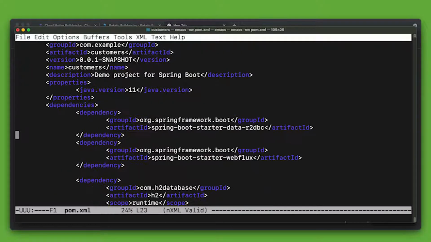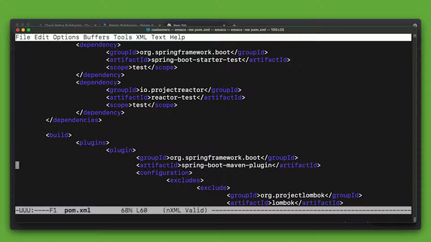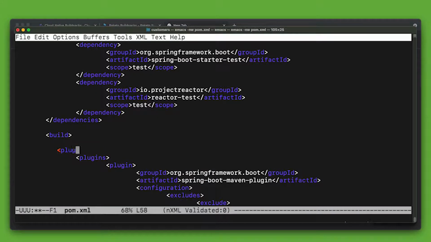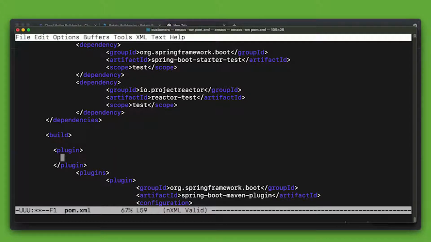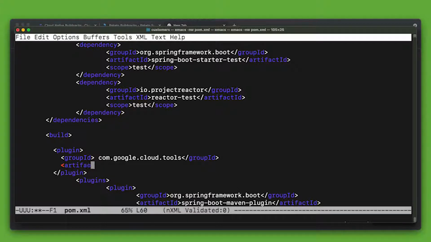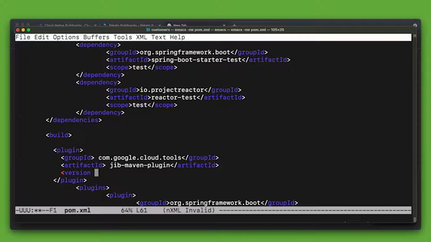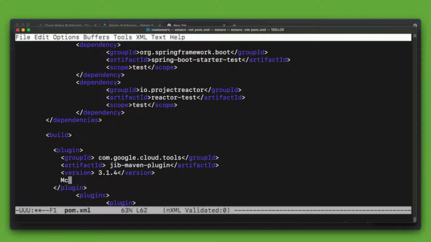It's really fast. So we can go down to our plugins here and just add the support ourselves. So plugin, and then the plugin will be groupId com.google.cloud.tools. Okay, groupId, artifactId is jib-maven-plugin. The version is 3.1.4, and the configuration is,